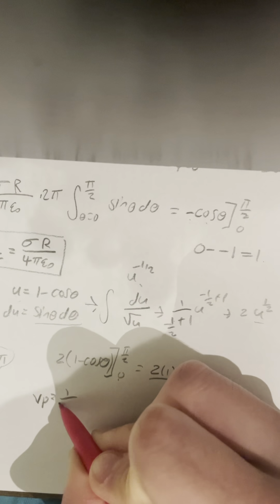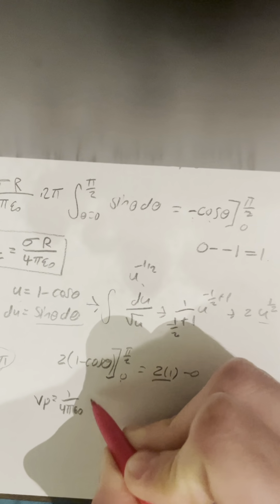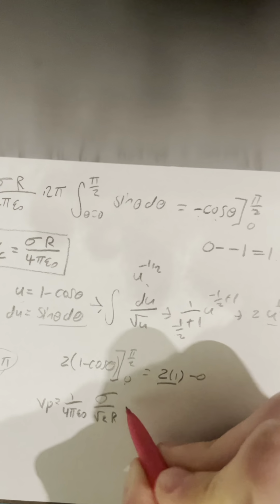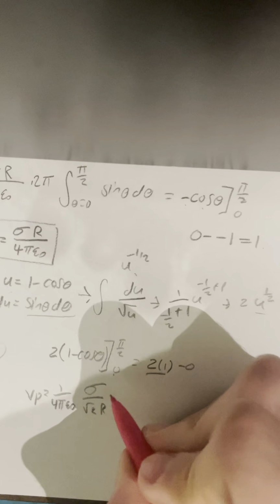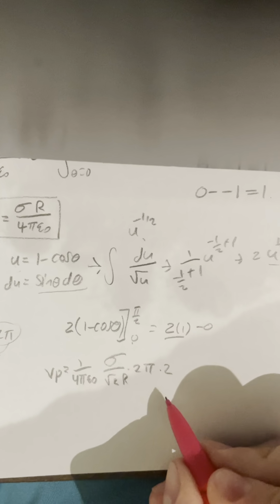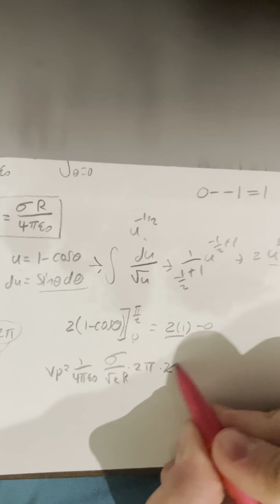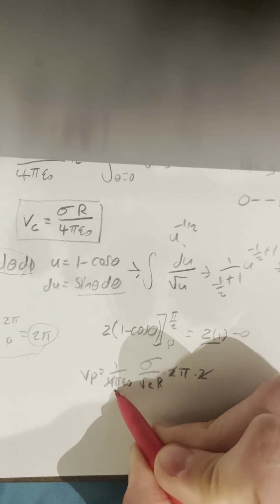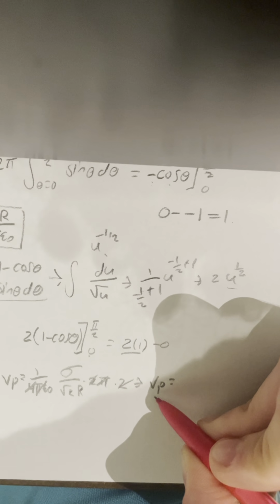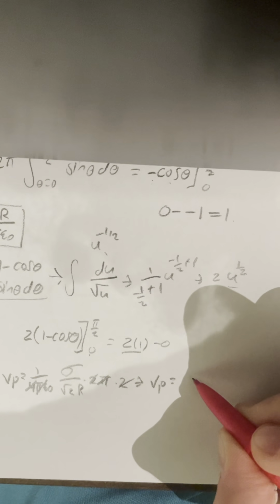So now if we plug everything together, this is the equation we should get for the electric potential at the North Pole. So we have this term right here. Don't forget the 2 pi we did earlier. 2 pi times 2. And it is looking pretty good, because these 2's cancel out this 4, and these pi's cancel each other out. And so the electric potential at the North Pole is just equal to,